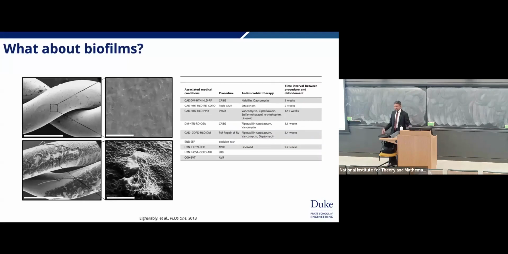What about biofilms, right? So I started out this talking about biofilms. So biofilms generally make the problem worse. So over here, what you're seeing on the left-hand side are biofilms produced or growing on implanted medical devices in a person. And one of the things that happens after, let's say you have a coronary artery bypass graft, so the CABG, they might try some antibiotics. So you might try daptomycin and nafcillin, but at the end of the day, what you're going to have to do is go in, scrape out the biofilm. So literally open up the wound again, scrape out that biofilm, then treat with antibiotics because biofilms are somewhat difficult to treat.